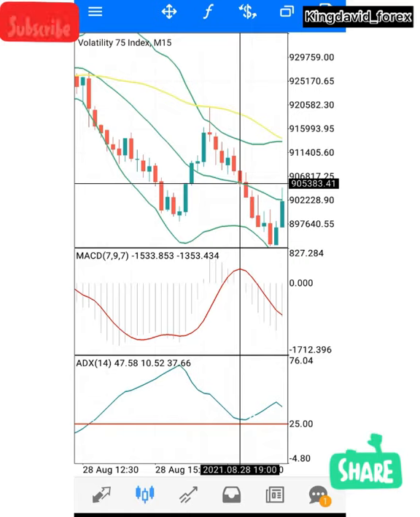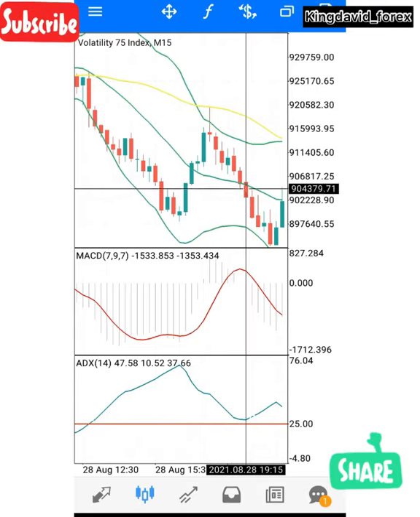I told you that this middle Bollinger Band serves as your entry point. That is, when am I to enter the trade? All right, so when am I to enter the trade? You start picking your trade from the next candle